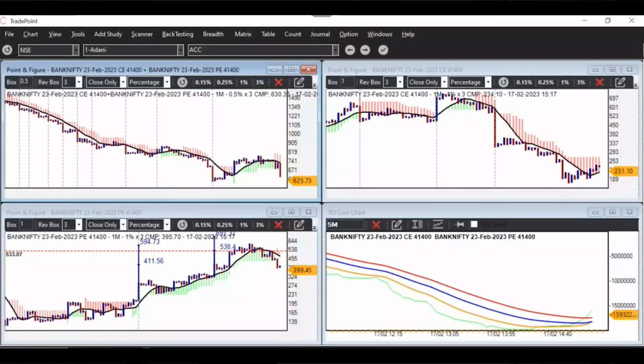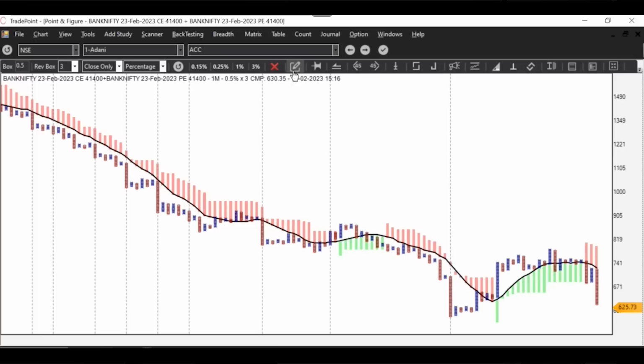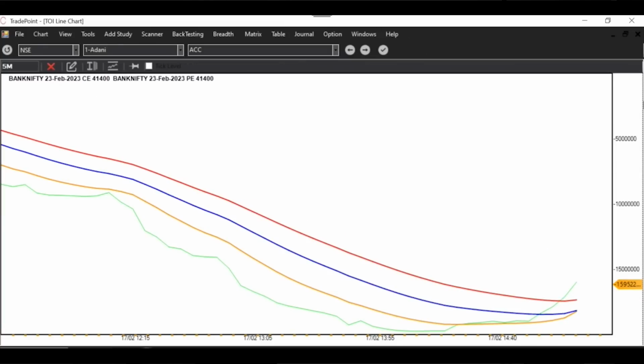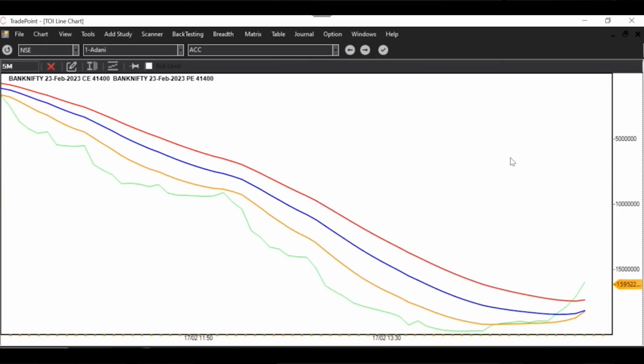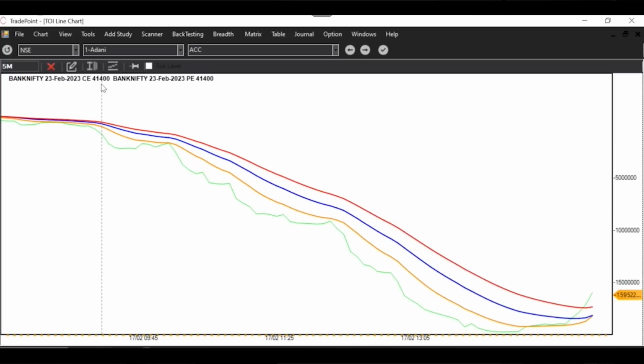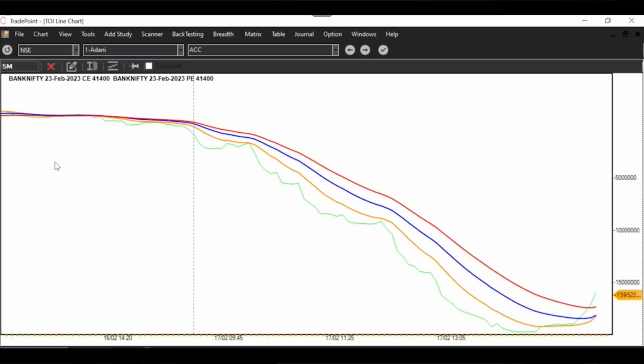Today was a trending day, and let us see. What did you see at 9:30 a.m.? This was the 9:30 price of Bank Nifty, 41,400. So I plotted the 41,400 total open interest chart. And let me just minimize the chart. Here this dotted line is in sell right from the beginning. This dotted line is the day separator. So this itself gave me an indication that the TOI is bearish today.